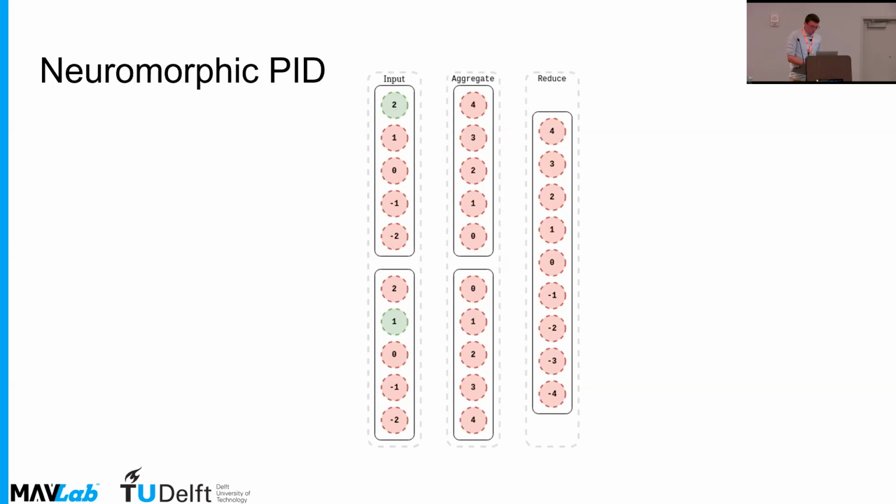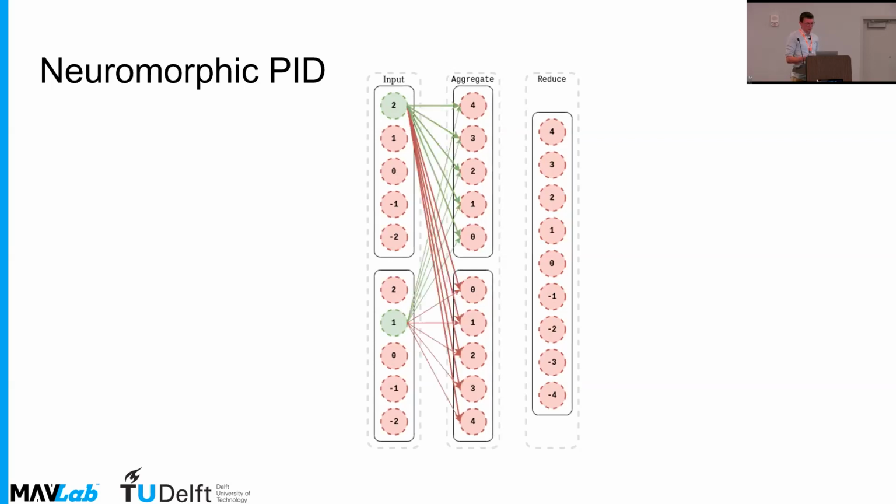So we have a proportional connection from the input layer to the aggregate layer. The top part of the aggregate layer is the positive part, and the bottom part is the negative part. So every neuron has a positive connection to the same value in all values in the positive part, and a negative connection to all the values in the negative part. You can see now here that the value 2 has a stronger connection to all values than the value 1. And this will result in a membrane potential of 3, the sum of 2 and 1,